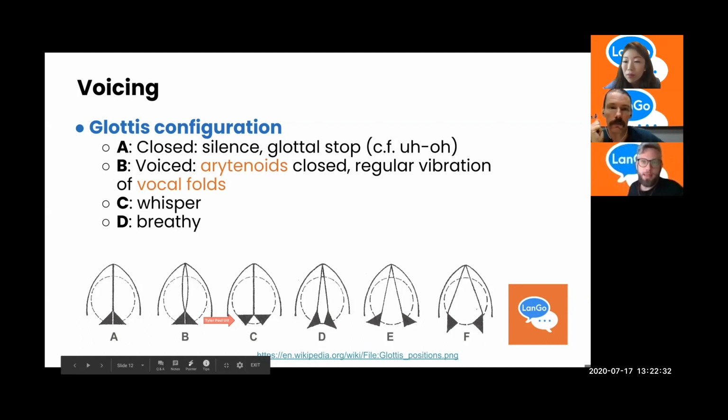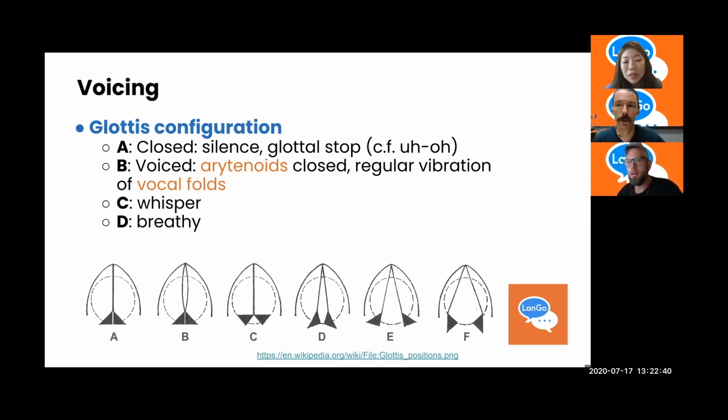D is a so-called breathy voice. We're not really going to discuss that very much because it's not a super common feature. It doesn't happen in English. I mean, you can do it, but it's not distinctive. And maybe they do that in Hindi. Tyler, do you study Hindi? Talking about those murmured stops. They have those, yeah. Was there a breathy phase in Sanskrit? I've heard these kind of rumblings. Supposedly. That's a perhaps thing. Can't really show it. It's a language that people use still today, so there's variety as well.